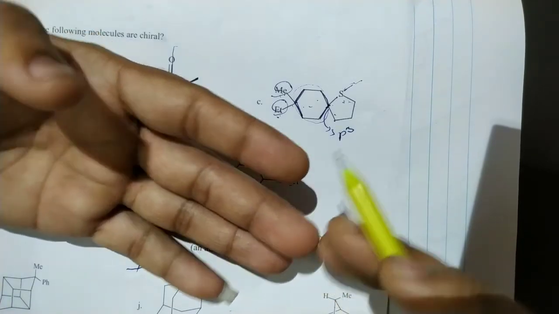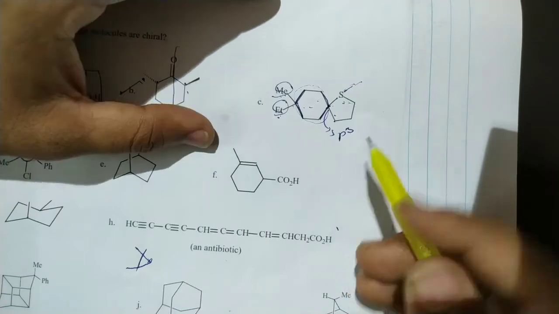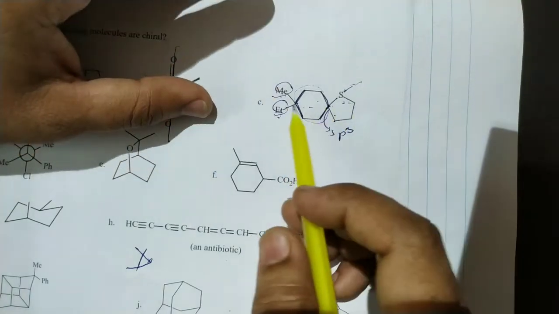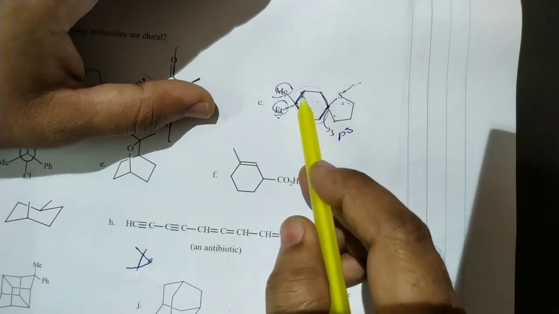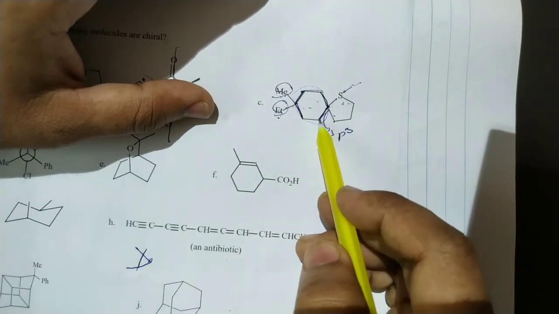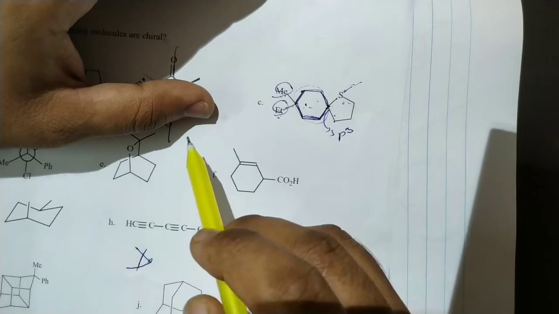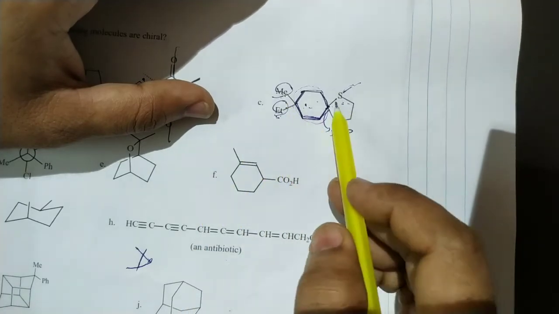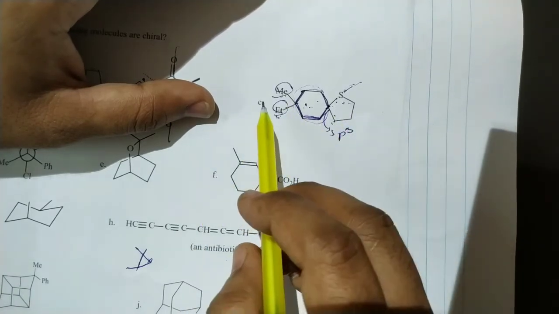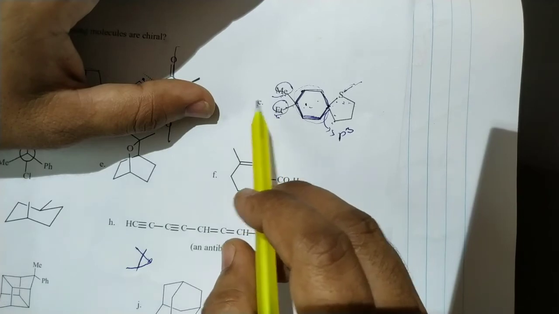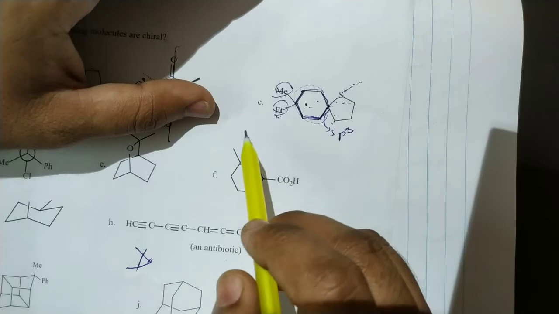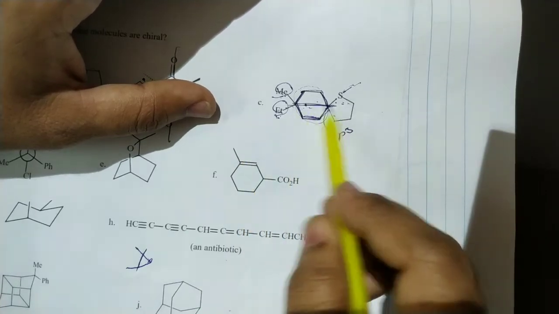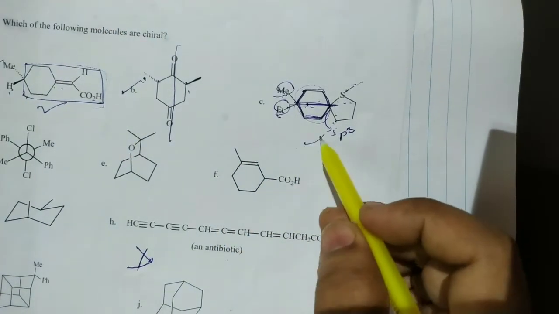Okay, so here we can cut this molecule into two equal halves. That means this molecule has a plane of symmetry. If this ring is totally present in the same plane, that means on the plane, one above the plane, below the plane, above the plane, below the plane. Here our imaginary plane is passing through the methyl, ethyl, the sulfur, CH2, this 5-membered ring. That means it is cut into two equal halves. So it is an optically inactive molecule.